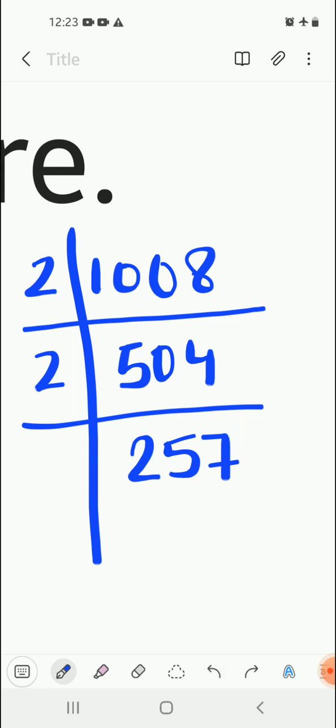In the same way, you can see the last digit is not 5 or 0, which means it's not possible to divide the number by 5 or 10. We will check for other numbers such as 6 and whether it will be divisible by 6 or not, which is not possible because it is not divisible by 2 or 3, so it will not be divisible by this number as well. So we will